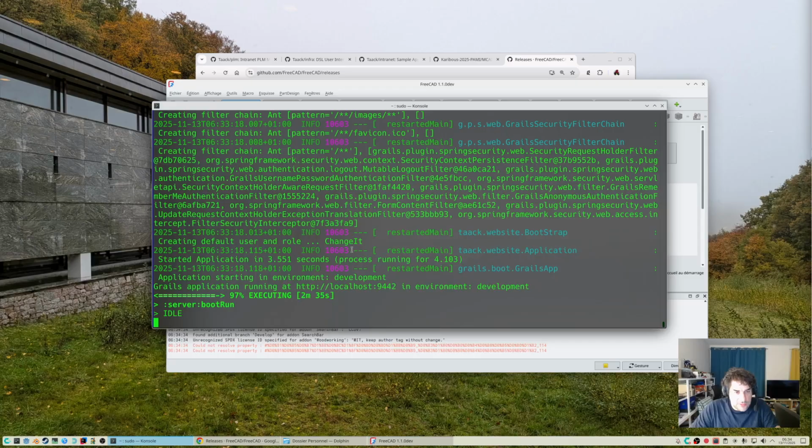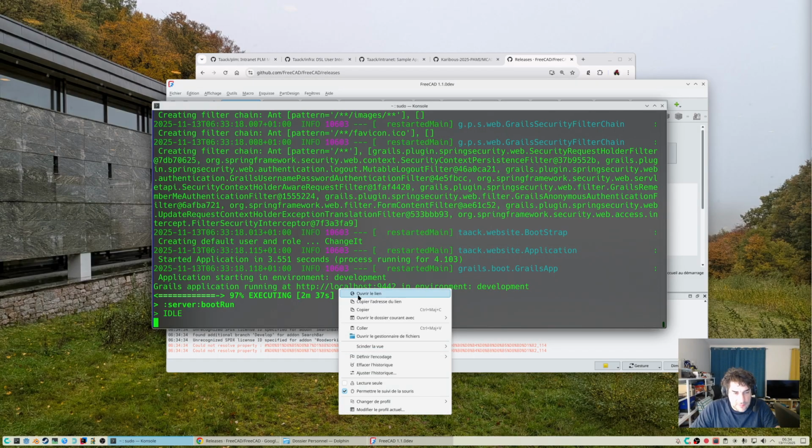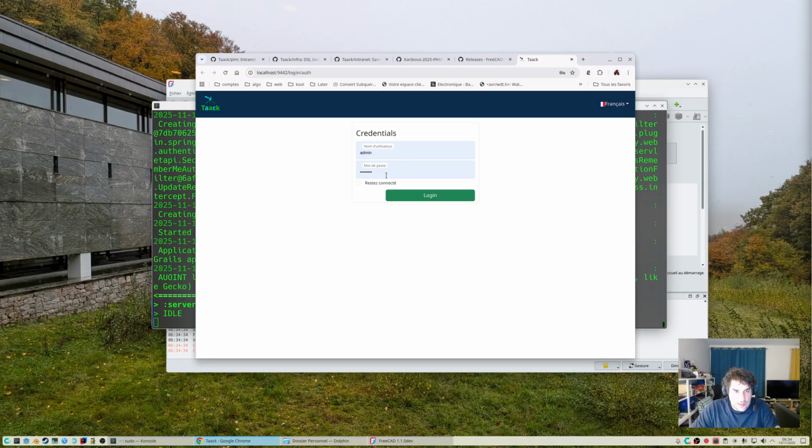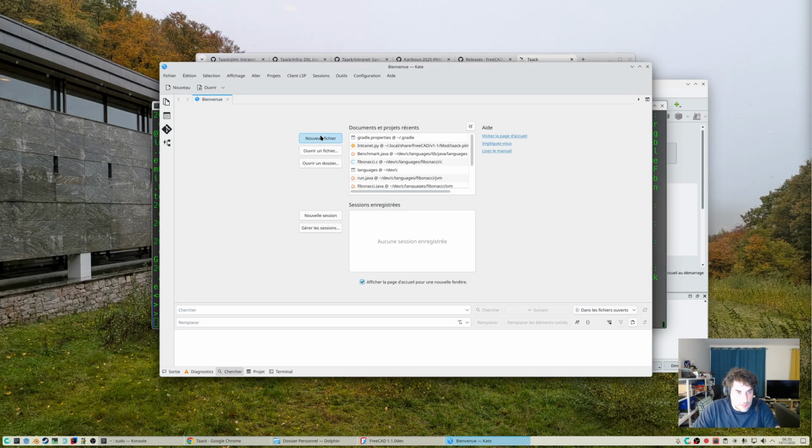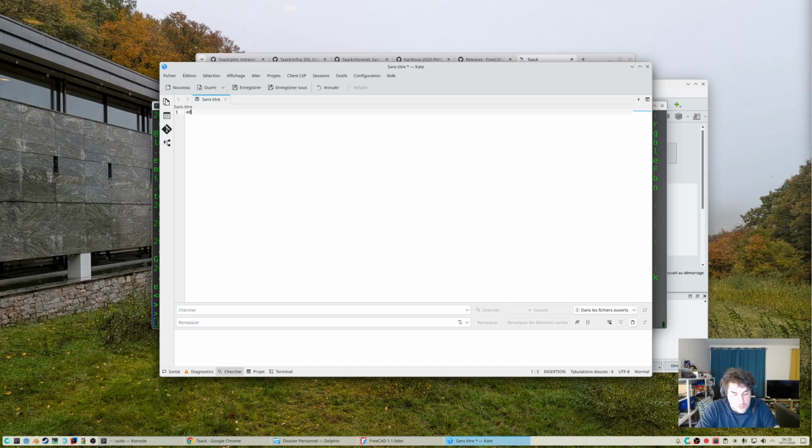So now the server is started. I can check the link. The user is admin, and the password is change it. The first login, after you clone the repository, is change it.